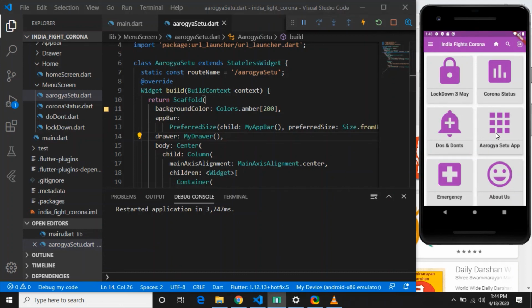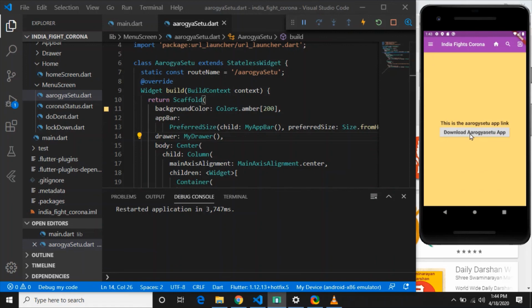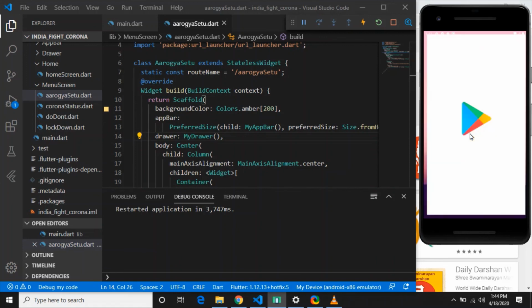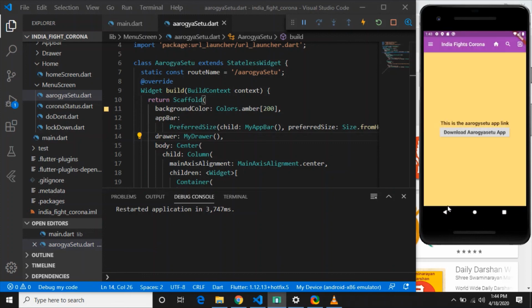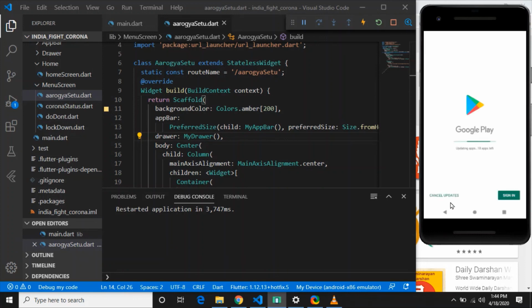So if you have installed the Play Store, it will redirect you to the Play Store. Otherwise it will ask you to install or sign in. So this is the step we were about to achieve, and we have already done it. Now you can contact external apps like Play Store, Gmail, call. I'll show you in the next part how to use the calling function, SMS function, or email function. And that's it from this part.